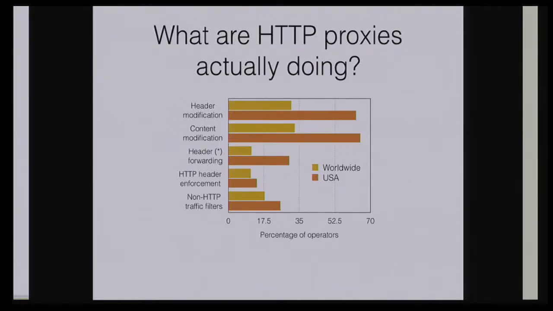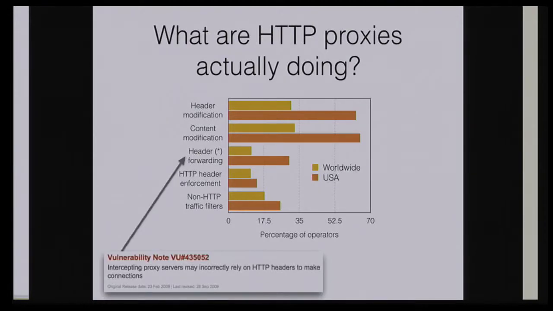So what are these middleboxes actually doing to our traffic? Well, I could tell you many anecdotes that we have observed in the last year, but as you can see in this figure, most of the proxies are modifying the HTTP headers and, more significantly, the content. Think of a professional photographer trying to download a high-resolution image from a given website: the network is likely to transcode the image to a lower-resolution one. This can affect the user experience to some extent.